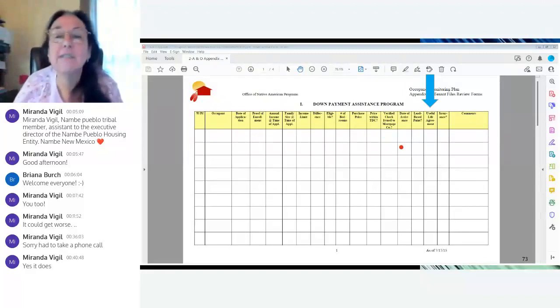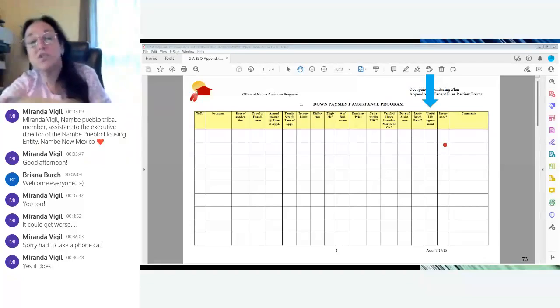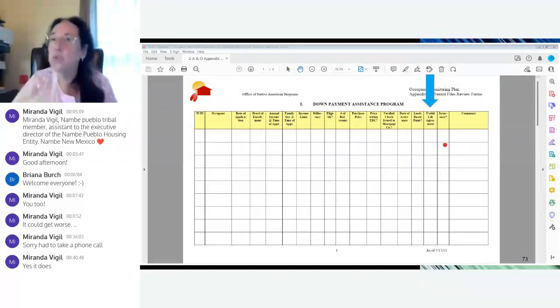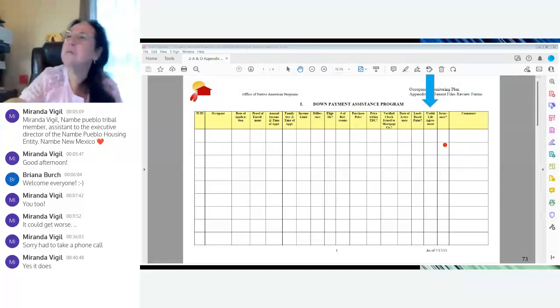The date of assistance, is there lead-based paint there? Is there a useful life agreement? Is there insurance on the home? So these are all the things they're going to check. And this is just the down payment assistance. So it's a really good idea when you get into your job a little bit more, pull down the monitoring things,